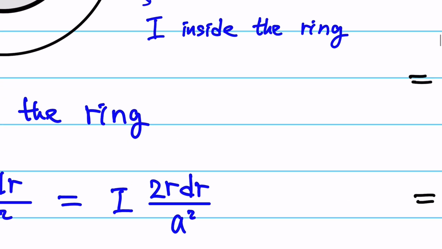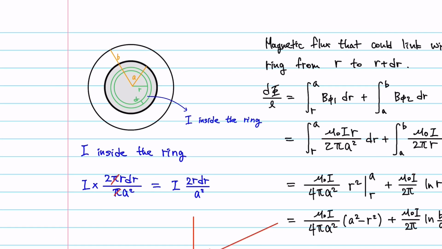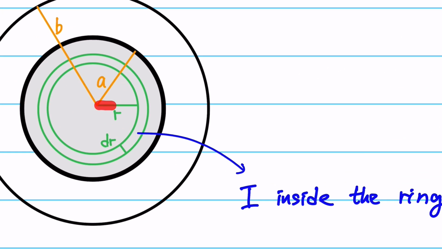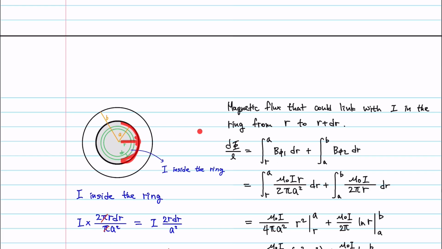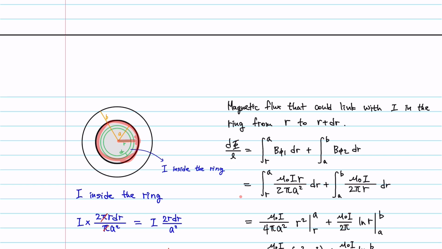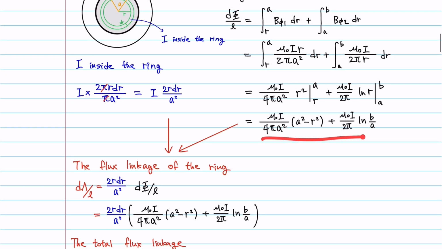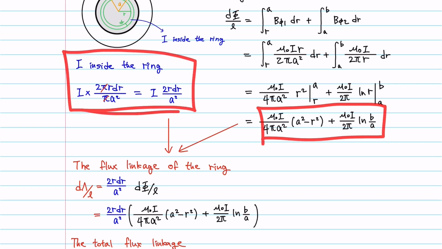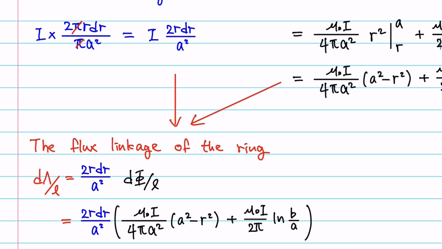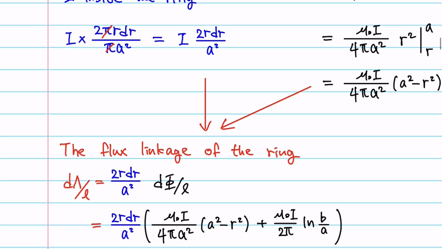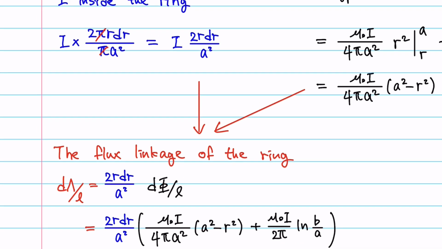And you can see that the amount of current will change depending on what r is, because r will move from 0 to a to account for the whole ring inside the circle. So based on the equation that we just derived, and based on the current inside the ring, the flux linkage of the ring is basically